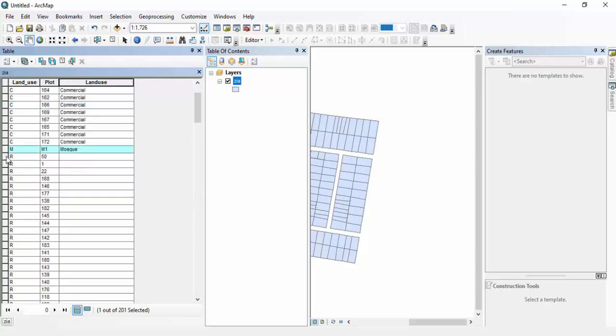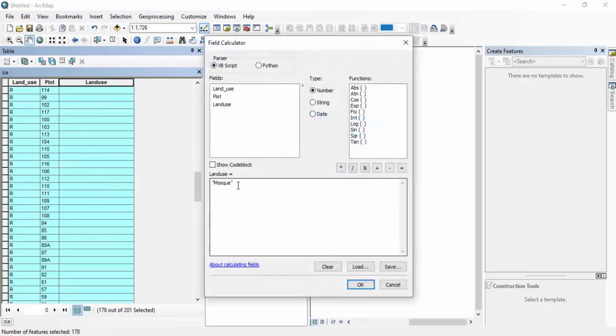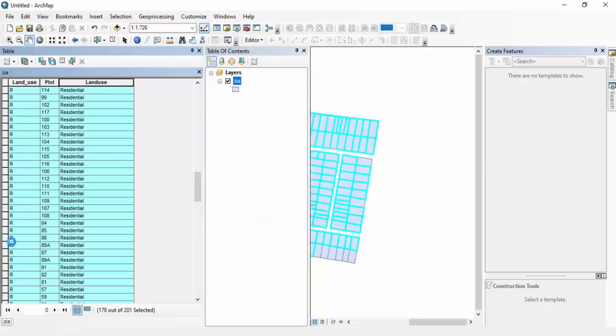So how are we going to select again? First select the first one by clicking one time, and go to the last one where the last R is. Just press shift and then select the R. Now it's all selected. Now you can press right click there, and you see the field calculator, and now we are going to write residential and inverted commas close. Don't forget to enclose the data you want to enter, because if you do not enclose it in quotation marks or inverted commas, it will not work. So now press OK.